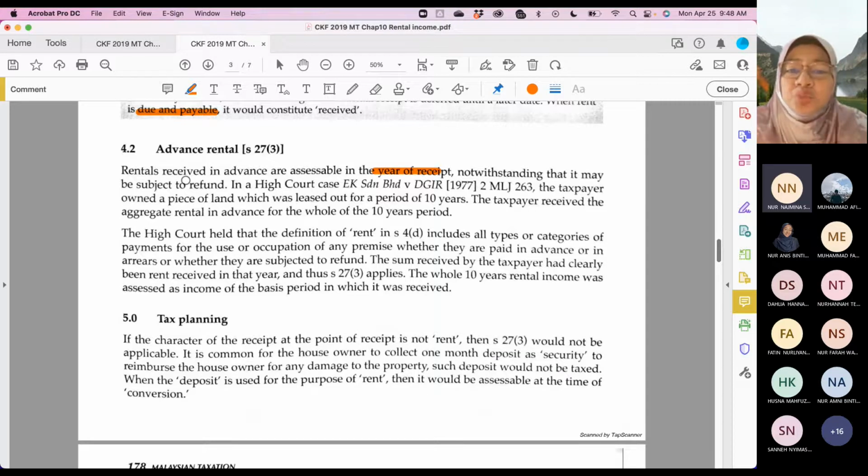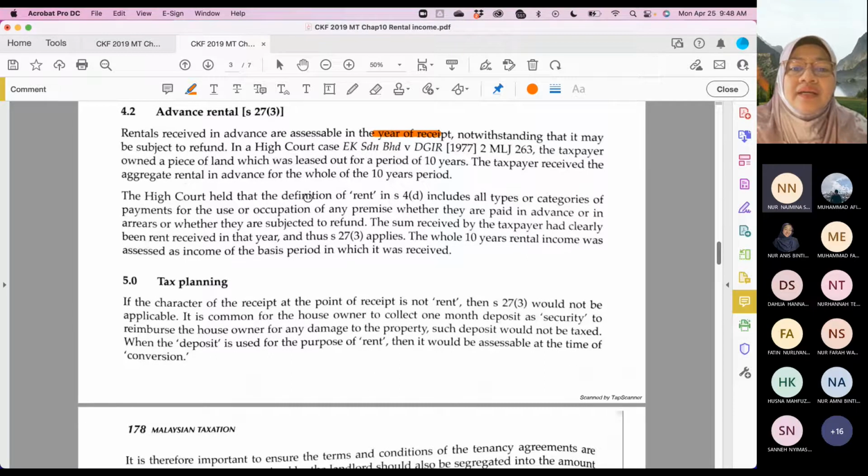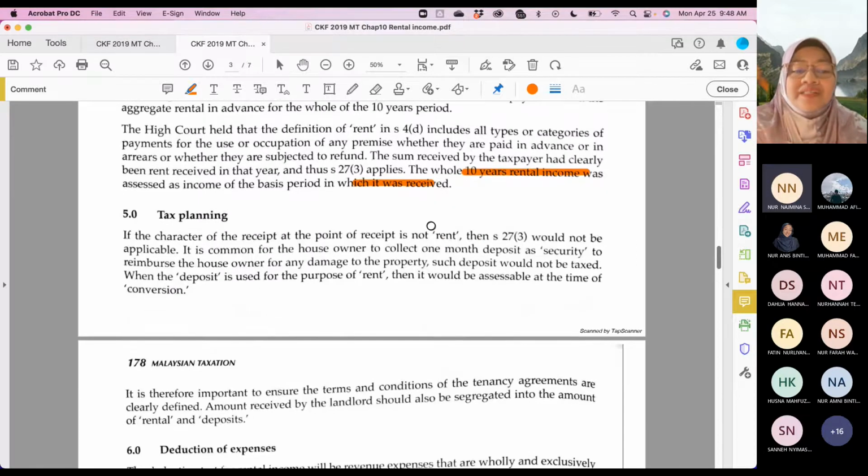the year 2022. So the High Court held that rental here included the sum received by the taxpayer, which had clearly been rent received in the year. So the whole 10 years' income is assessed in the year when it was received. So for example, the 3 years' rental income will be assessed in the year 2022. So for tax planning,